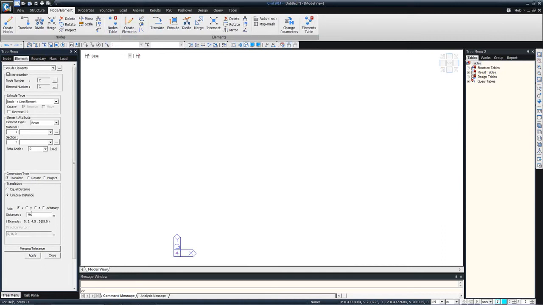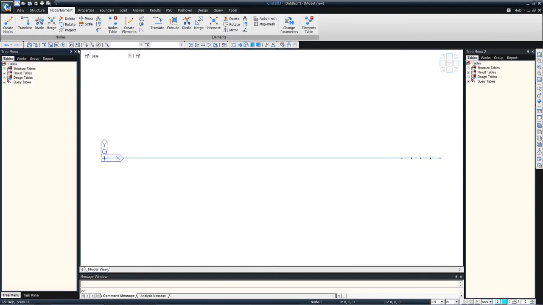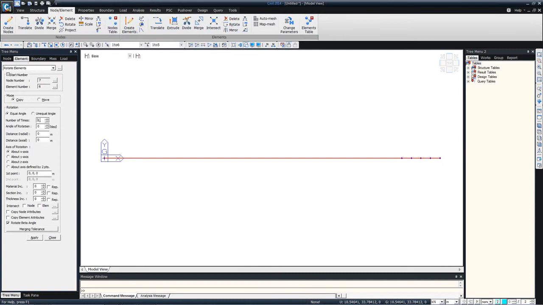so define the radius. So our radius of curvature for the center line of the bridge is 100 meters, and we have longitudinal beams at 3-meter intervals, and apply. So these are the locations or the points from where we'll create the longitudinal beams. Now we'll rotate these set of elements at equal intervals. So go to rotate elements and copy number of times, 40 times at 2-degree increments, and that's the axis of rotation,